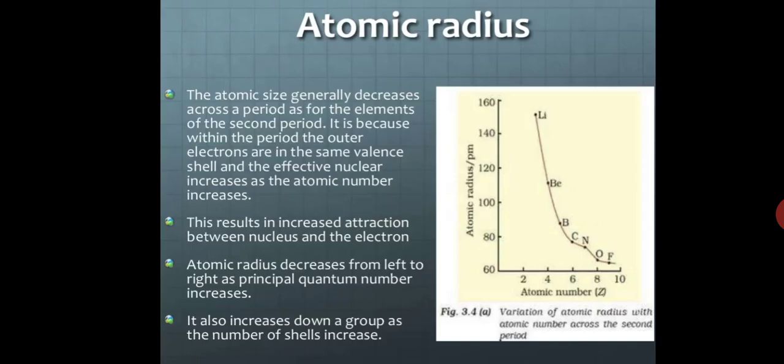Even if the number of shells remains the same in a particular period, like you can see here, second period: lithium, beryllium, boron, carbon, nitrogen, oxygen, fluorine, all are second period. But here, why is the atomic size decreasing when you move from left to right? Because nuclear charge is increasing. The nucleus, which consists of protons, positive charge, pulls electrons towards itself, because electrons are negative. So hence, as it pulls, the atomic size decreases. It squeezes slightly. Hence, when you move from left to right across any period, the atomic size decreases.